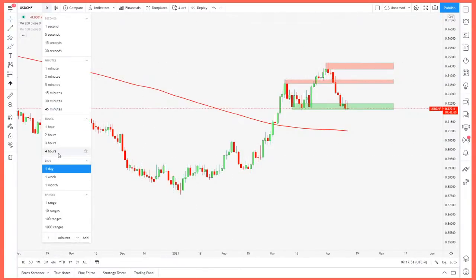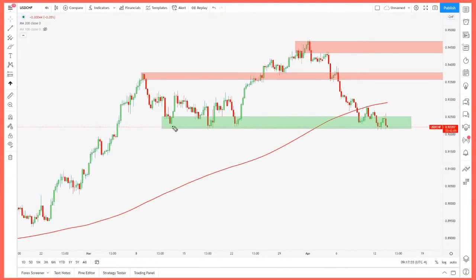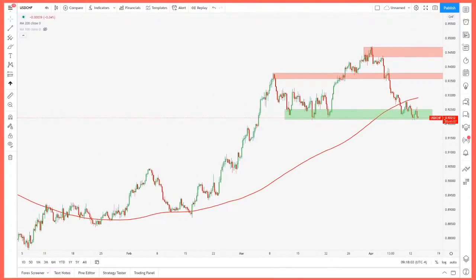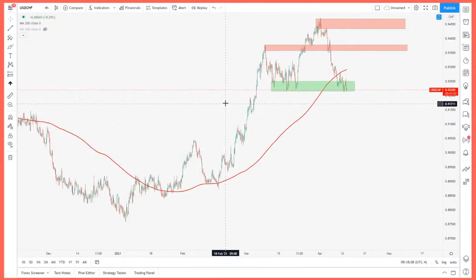This is the daily chart. We could look at the 4-hour for a moment and talk about this one as well. So again, you can really see this level has held multiple times. If it does break, I think it has room to really send dollar Swiss lower. I'm not going to jump to conclusions on that, but if it does move lower, I think you probably get a move. I mean, the next major area you've got is